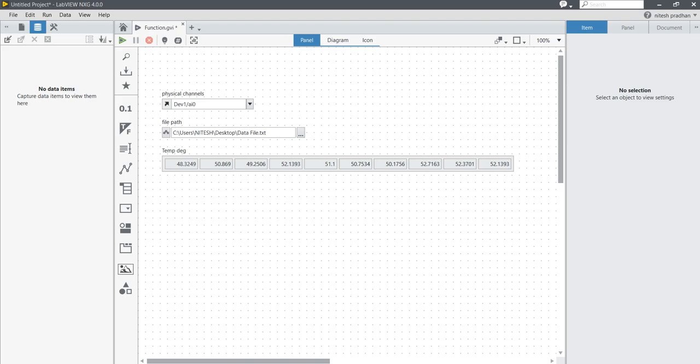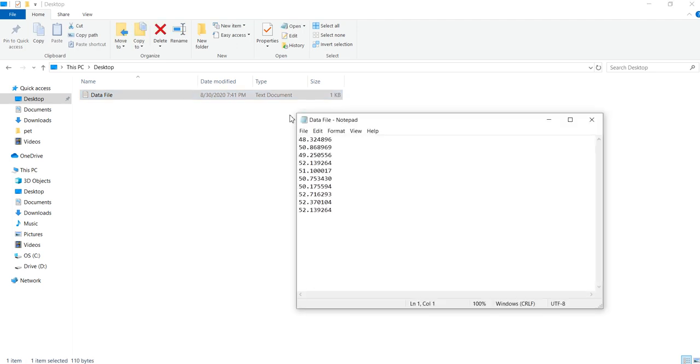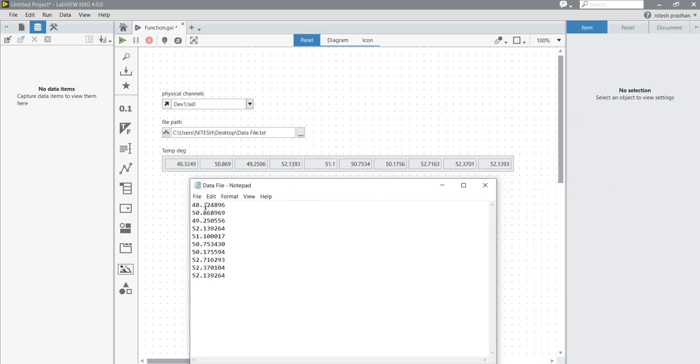Now come into your PC and let's see. So this one is my data file. Now the size is 1 KB. When we click, we will get this data here. Look at here, the data are the same, 48.342, because we are using 6 digit precision. That's why we are getting 6 numbers after the decimal.